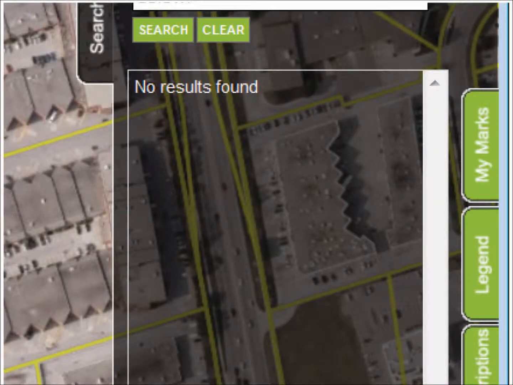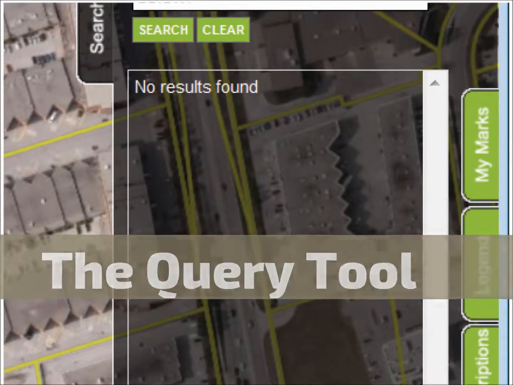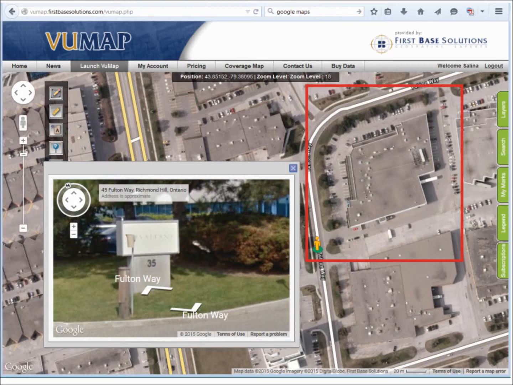What if you don't have enough information to efficiently locate a property? It could be a new acquisition, it could be a large property with multiple pins, or the details such as ownership and legal description could be out of date. You can use the search tools to locate the general area, then use the Query tool to explore the details of the properties nearby. Here I've located Fulton Way in Richmond Hill and used Street View to confirm the location